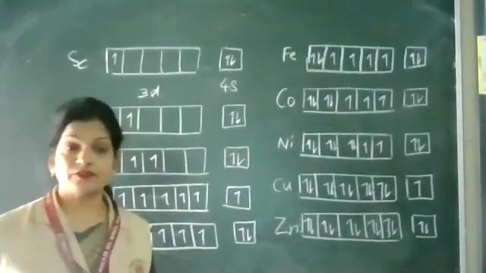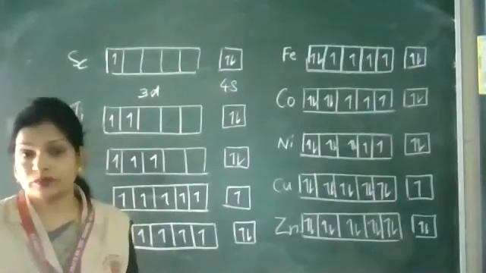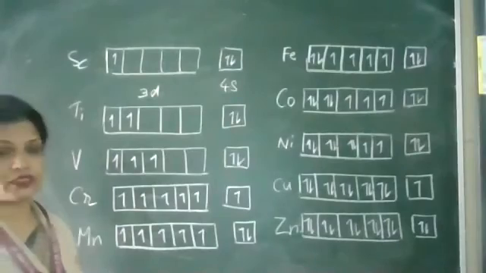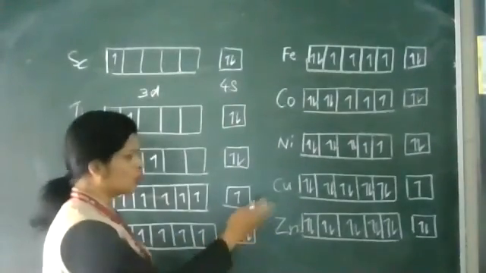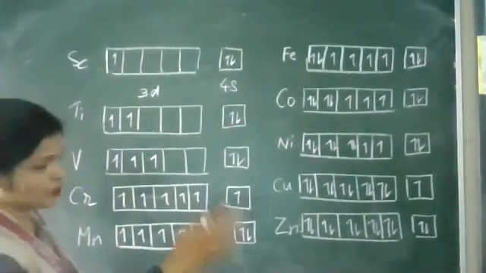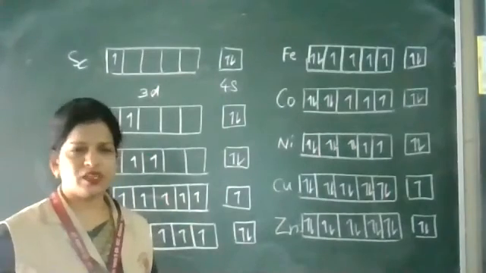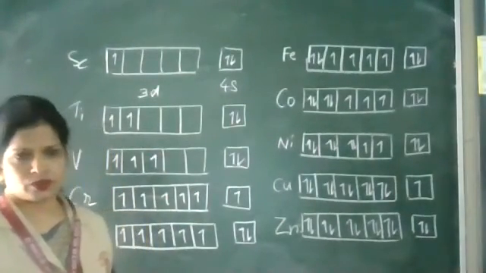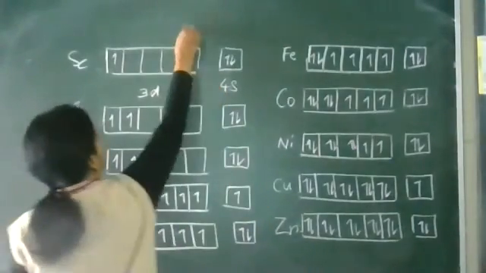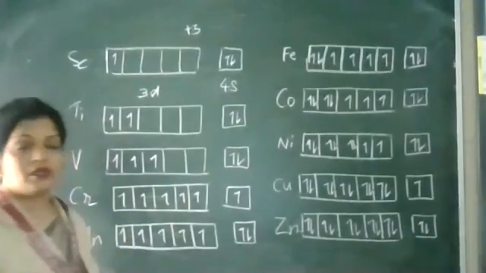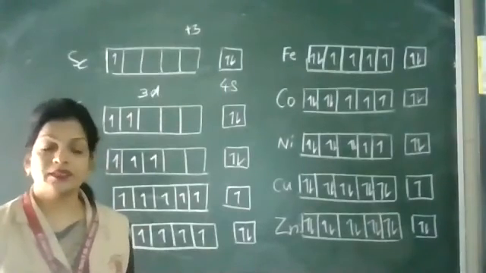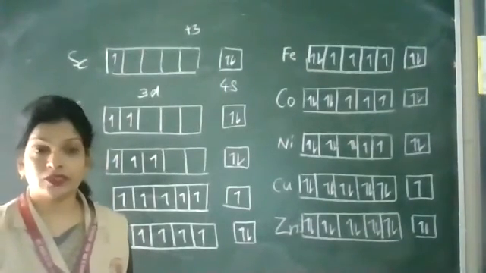The general oxidation state of d block elements is +2. Why? Because the 4s two electrons will be going. The exception is chromium and copper, with only one electron, so chromium +1 it can show, and copper also +1. The general is +2, but scandium will not show even +2. Scandium will show +3. Why? Because by losing these, that one electron also, altogether 3 electrons, scandium will attain the nearest noble gas configuration.